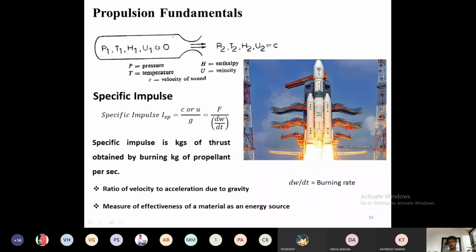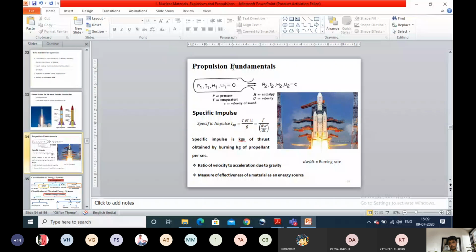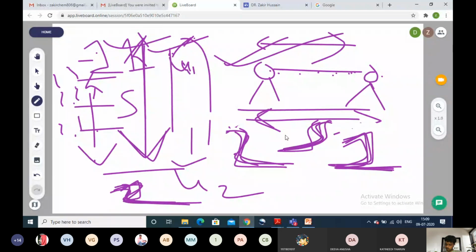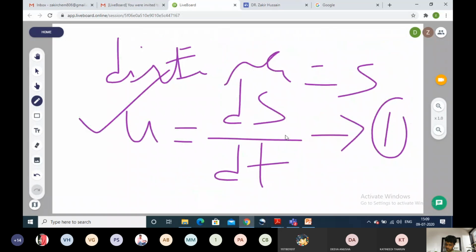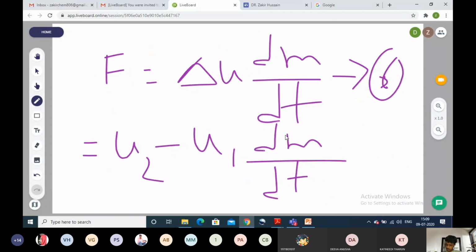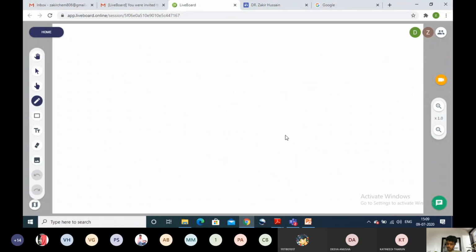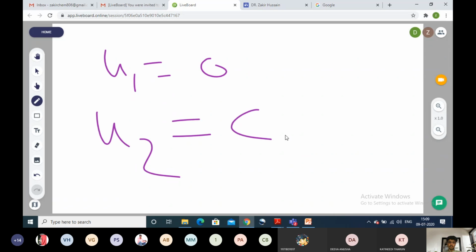So u1 is equal to 0, and u2 is equal to some velocity of sound c, small c,